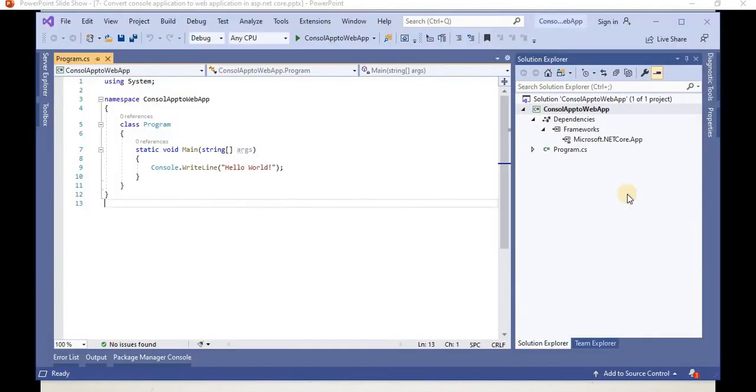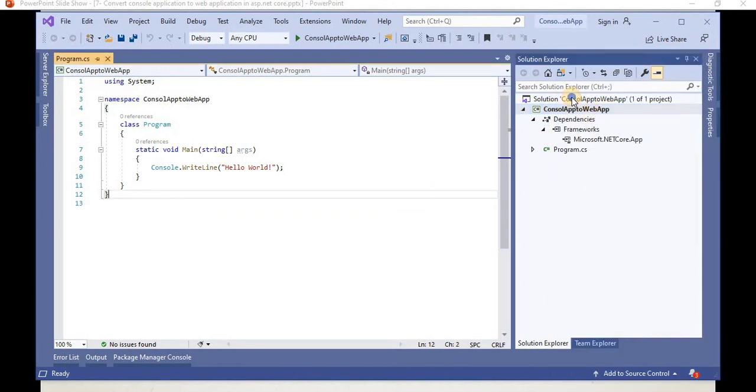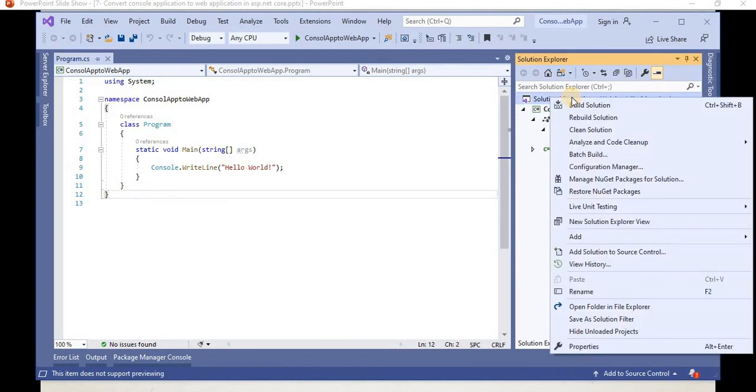So let's go to Visual Studio. The good thing with an ASP.NET Core application is that in the previous version of ASP.NET, if we were going to make any changes to the csproj file, first we had to unload the project, and only then could we edit. But here in ASP.NET Core, you just right click and from here we can edit the csproj file. So for changing that csproj file, just right click on this one, and from here we have to edit that csproj file.